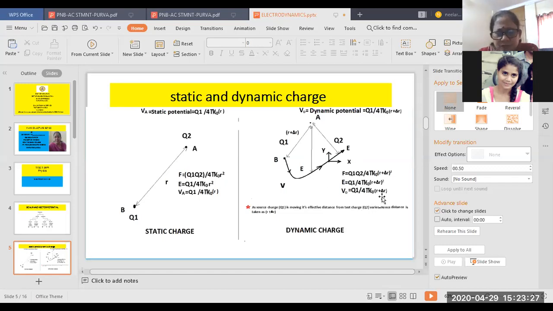If you know the potential, you can write the electric field. Everything is the same, only the R value is squared here. Easy to remember. If you know the electric field, multiply it by what? The test charge, that is Q2. E times Q2 is the force experienced by Q2. So naturally you arrive at this equation: F equals Q1 Q2 divided by 4 pi epsilon naught times R plus delta R whole squared. Now you see there is a difference between a static charge and a dynamic charge.